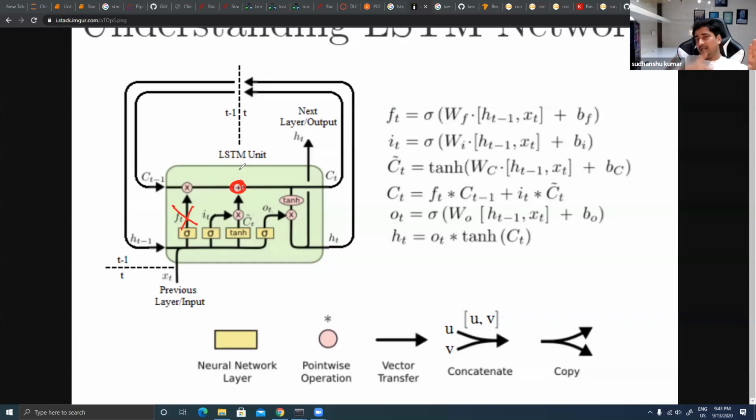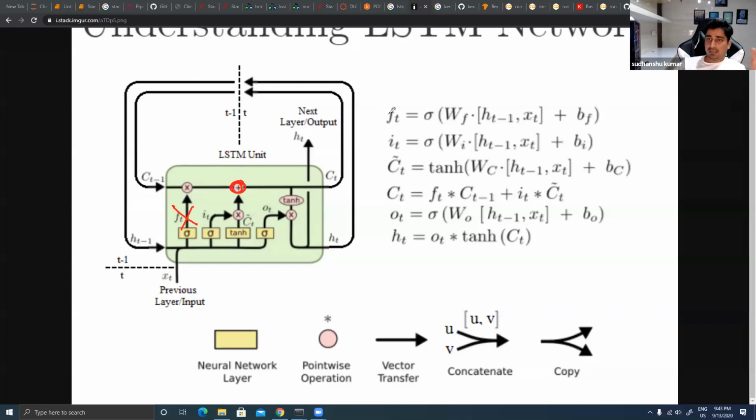Whatever current data we are trying to give, it's supposed to forget the previous one. That's the reason we have a forget gate. That's the reason we are doing a multiplication over there, so that it will help the network reduce the effectiveness of the previous context, and then in the next channel we are trying to add the new context, right? That's the reason we have a forget gate.